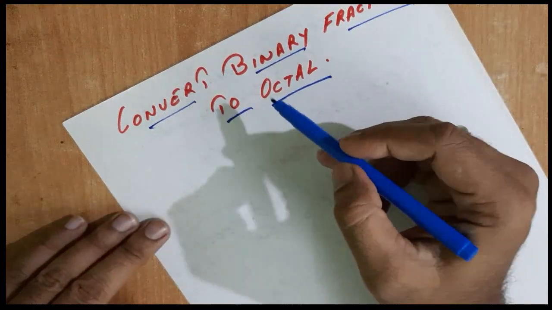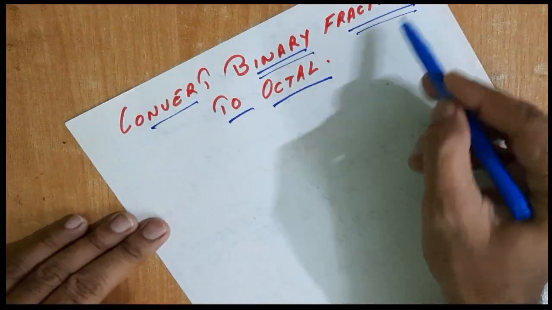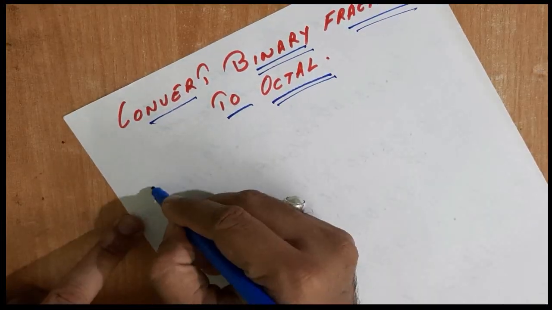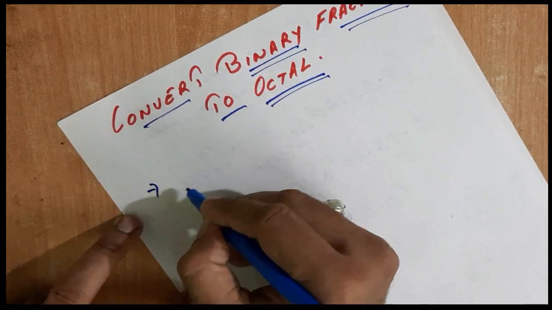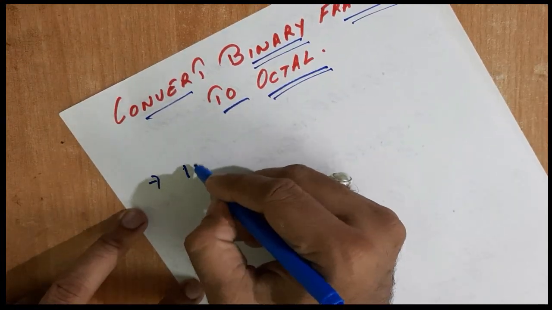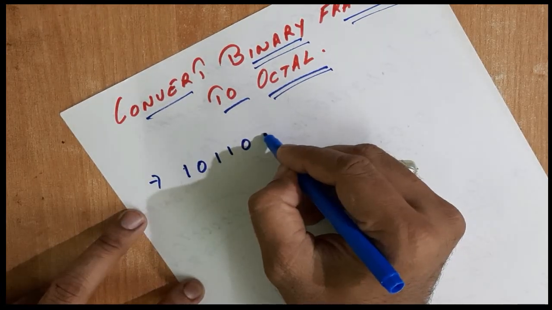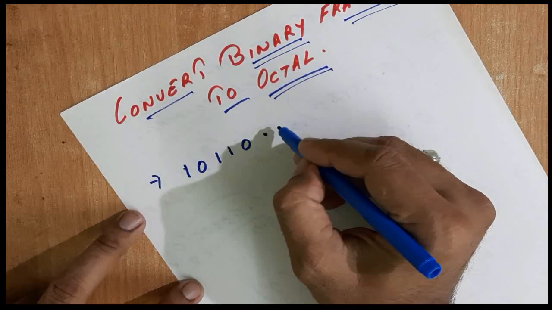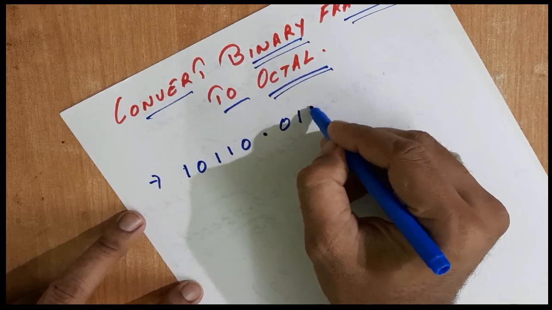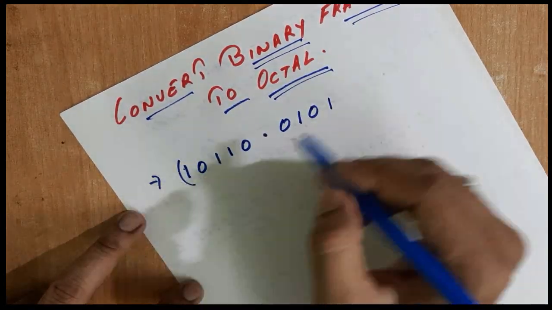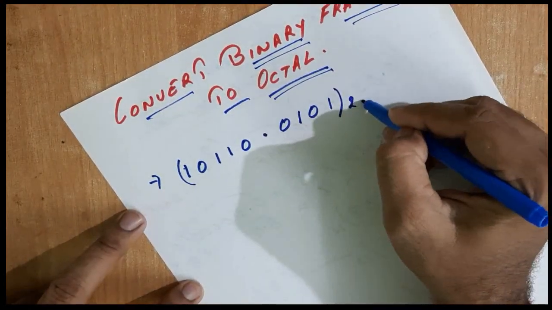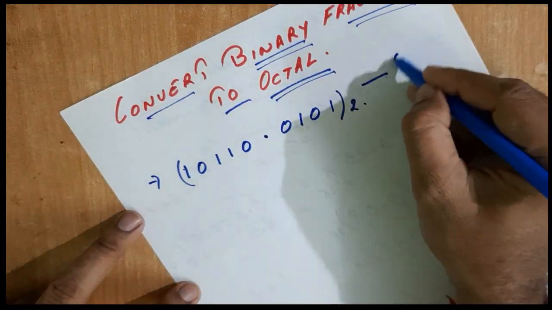So we will be converting binary fraction to octal. We will take 101101.0101. This is a binary number and we need to convert it